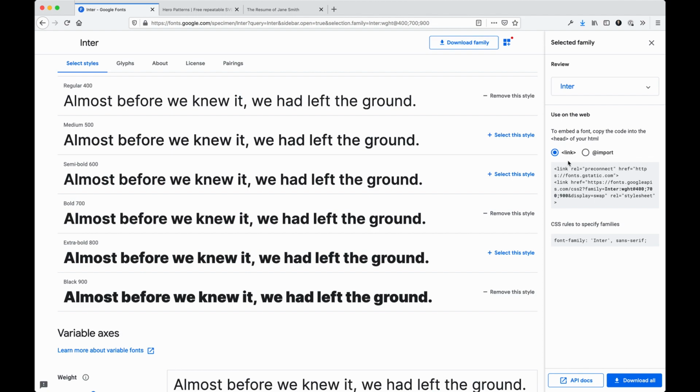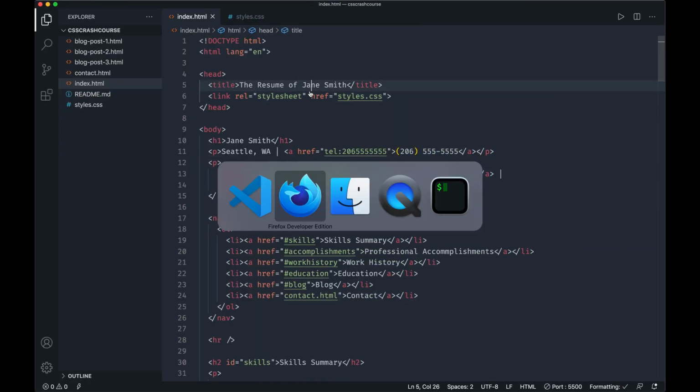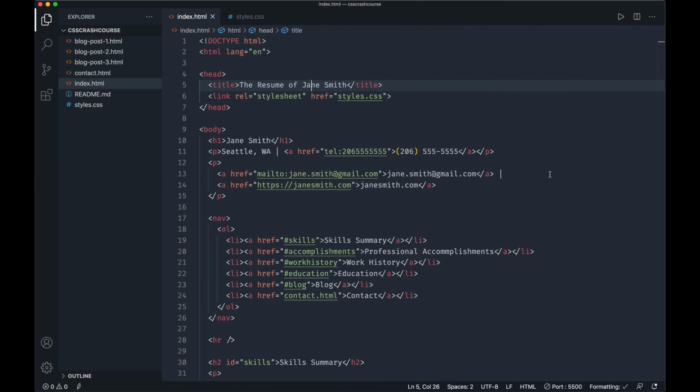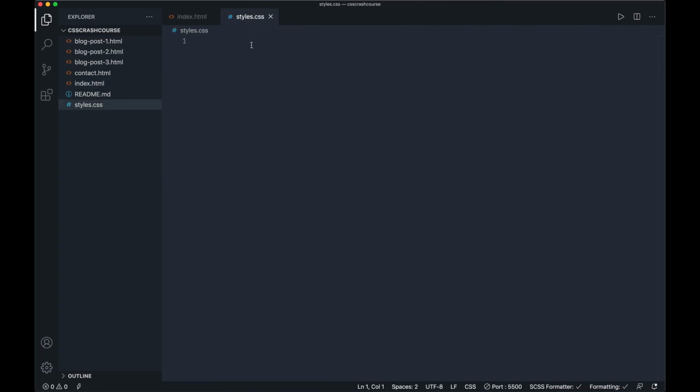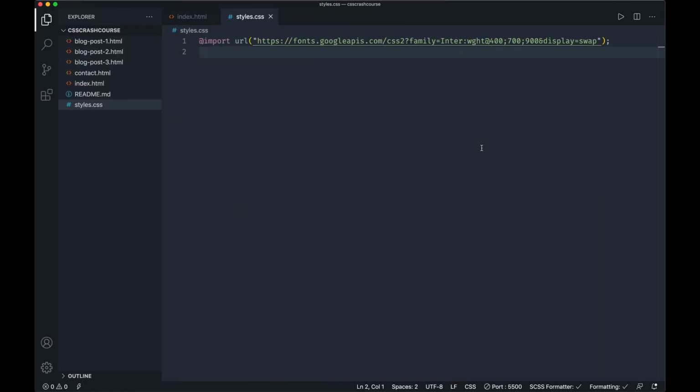The link, like I said before, is probably the more common method. You can add this to your HTML and be ready to roll. But since this is a CSS course, I want to just do the @import to show you that concept. You can link that up using this @import symbol in your style sheet. So what I'll do is that. And to be fair, I probably prefer the link with the HTML because that really won't change much. But the @import is kind of useful for the sake of just running CSS the way you want to write it. So this will be the first thing we add